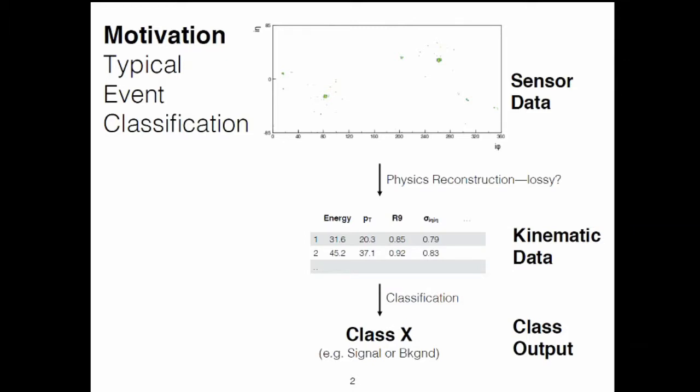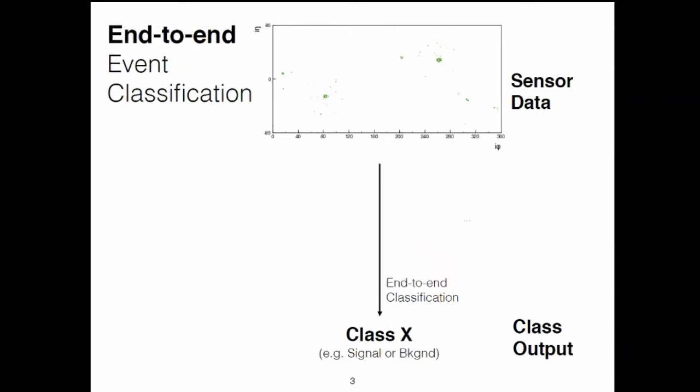Okay, so physics data going to a class prediction. The end-to-end approach, in contrast, would be to start from the detector data and immediately output a class. The motivation is that perhaps the physics reconstruction process is a lossy process. This is the idea we would like to play with. I'm not saying it's in fact the case, but it's the idea we're playing with and what we think is worth investigating. The natural way to exploit sensor data in this fashion is to use convolutional neural nets. So this is what we use.